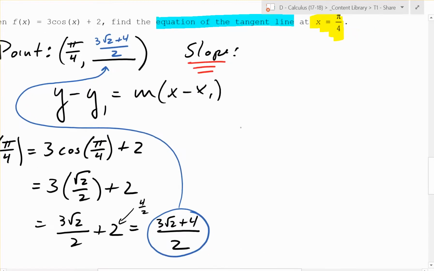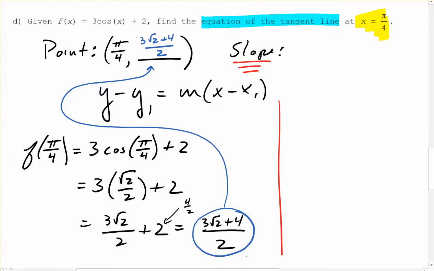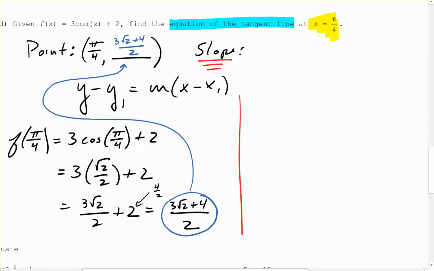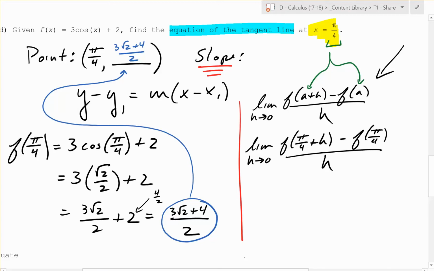In order to find the slope, we're going to need to use the difference quotient. We need to use the difference quotient because the power rule only applies to polynomials. So if we use the difference quotient, the first thing I always want you to do is write it down. So there's the difference quotient right there, and we know that our a value gets plugged in those two places. As a side note, your calculator mode should always be in radians unless specified otherwise, so